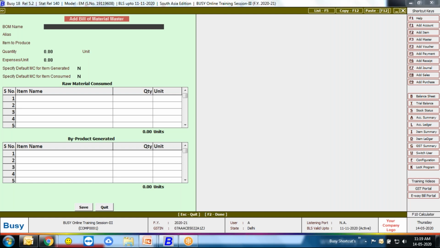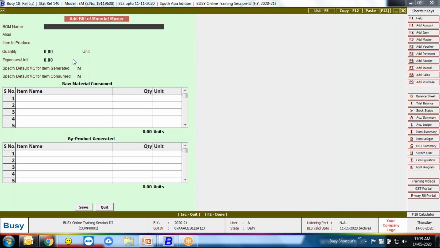One is a fixed production process, and the other is a variable production process. In a fixed production process, there is a formula, or a consolidation of raw material. In that, we need to define all the raw materials and respective quantities to generate a finished product.